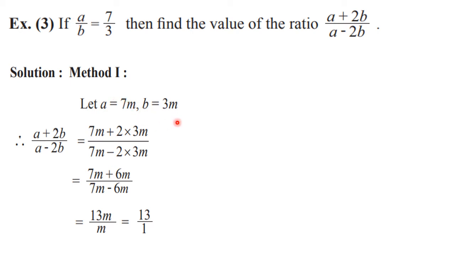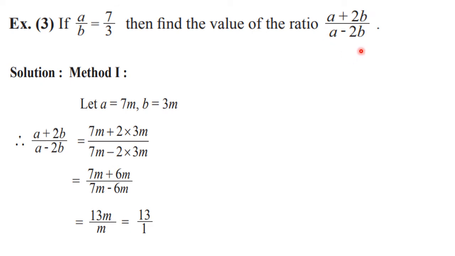But generally, we prefer to use K, which is used as a constant. You have studied variation also previously, and there also we have used K for the constant. So K is often used. Okay. M also is used. As I have said, you can use any letter. So the value of A is 7m now and the value of B is 3m.